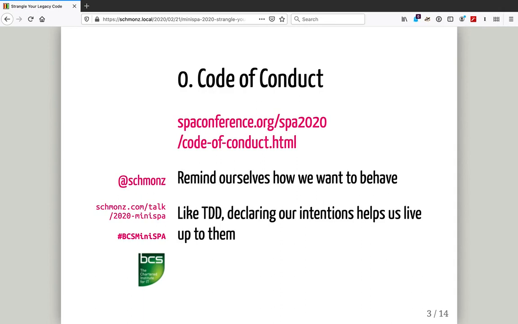And it does relate to tech, because in test-driven development, one of the ways it helps us is as a cognitive aid. When we say what we intend to do, it helps us do it, and it helps us check ourselves. And a code of conduct is kind of like that. It says what we're going to do if something comes up and we want to know how we're going to intervene. So I don't see that there is one specifically for mini spa,